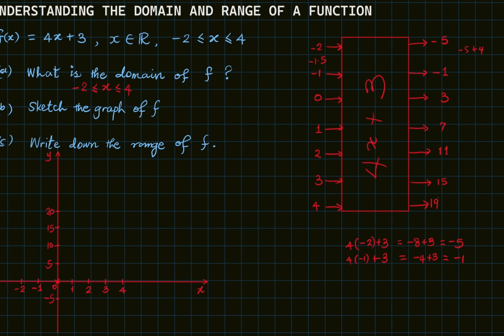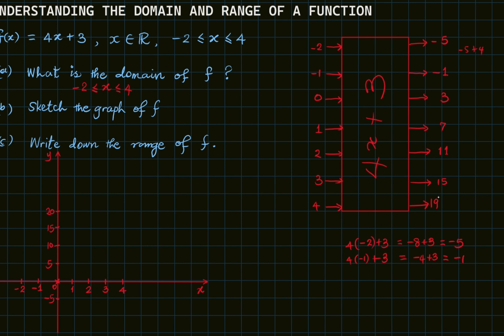Depending on the domain we've been given, it's really important to note that our range is not limited to just these numbers alone. However, the range is never less than -5, and it's not greater than 19 as far as this question is concerned. I hope this makes sense. All the numbers we are given here could have been more. We have just chosen these numbers because we need some numbers at least to explain this situation and to plot our graphs. However, as far as this function is concerned, it is continuous, which